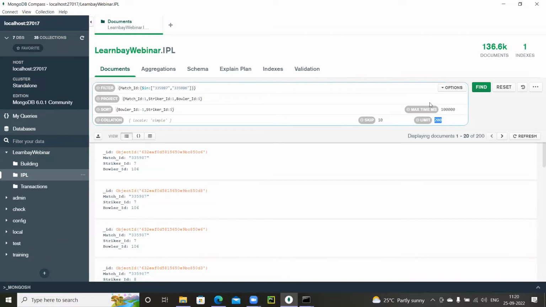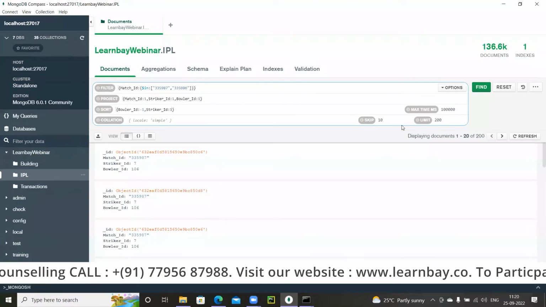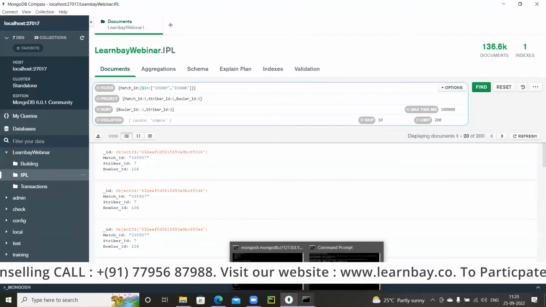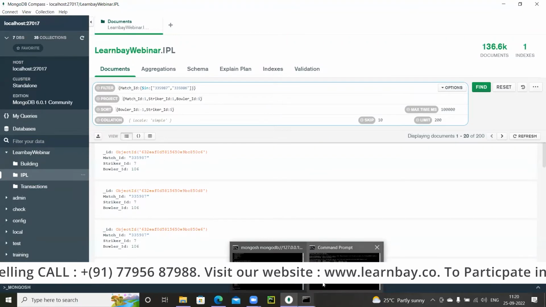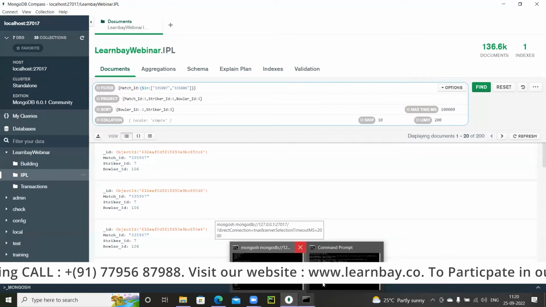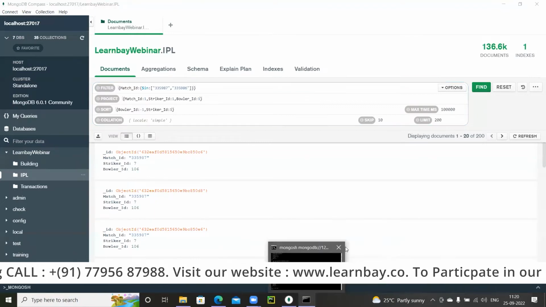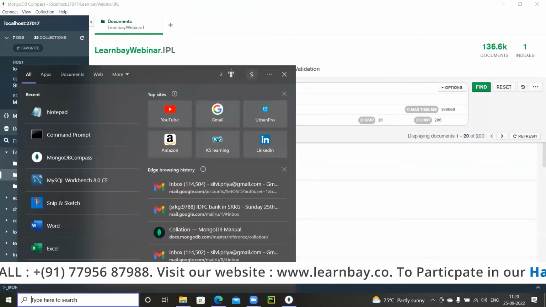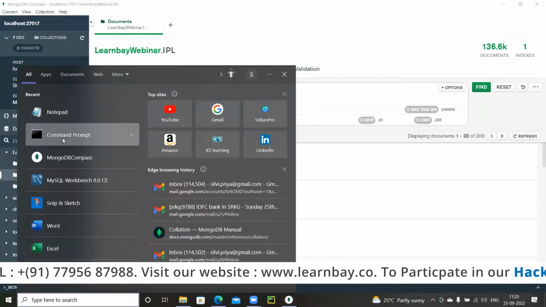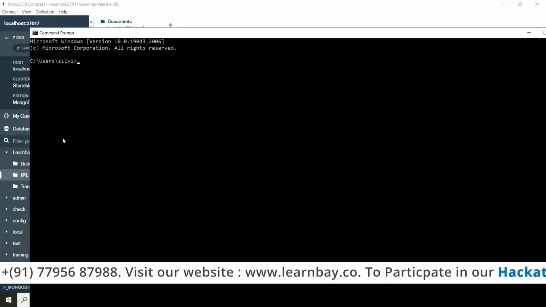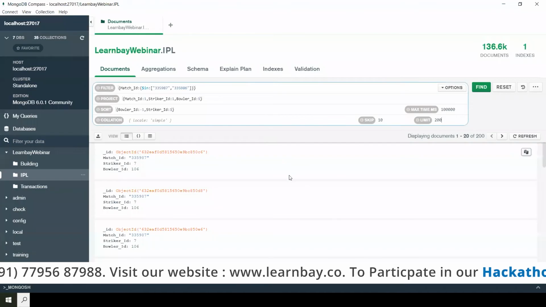This is how you can do it through your Compass, wherein you can pass these parameters. If you want to try out the same operations in your Mongo shell, I will show you the Mongo shell parameters. These are old ones, but for that you need to know a little bit of syntax. That's the simple reason I'm doing them from your